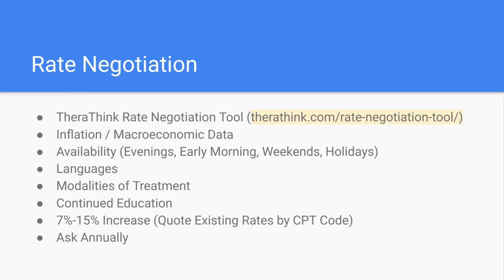You also, if you are providing availability in early morning sessions, in the evenings, weekends, on holidays, etc., you should mention that as well. One, it's important to do so that your clients know that you're working on those hours potentially, but also it's important to let the insurance companies know. They want to have providers working with them who can facilitate times that fill in the coverage gap for the insurance company's clients, your clients in this case, as well. And by providing that availability, you are doing the insurance company a service by increasing their service availability as well. So you should ask for